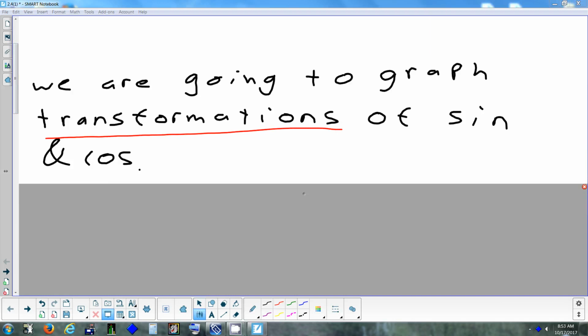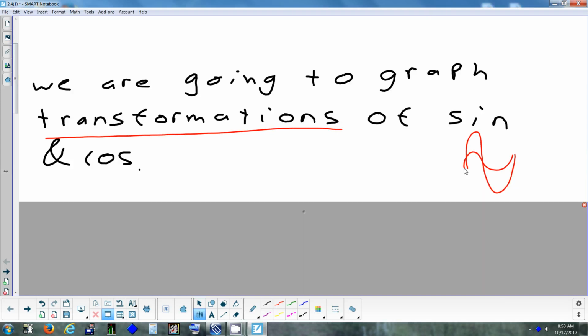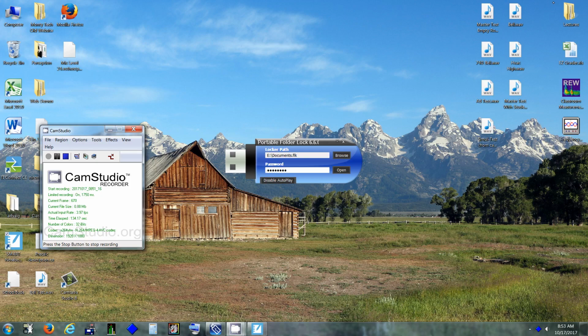Tomorrow we'll take a look at shifting up and down and also stretching. So if that's your original, that would be considered a vertical stretch because you made it taller, or you could compress it. Okay, so we'll look at that one. And then we'll also look at compressing and stretching left and right. So a lot of these I can show you